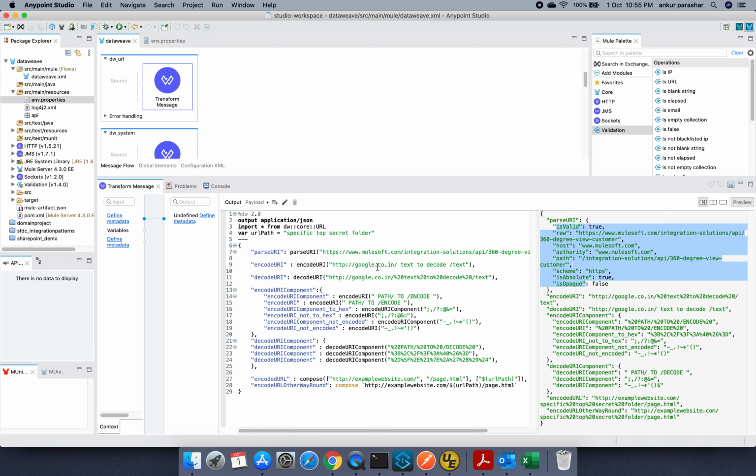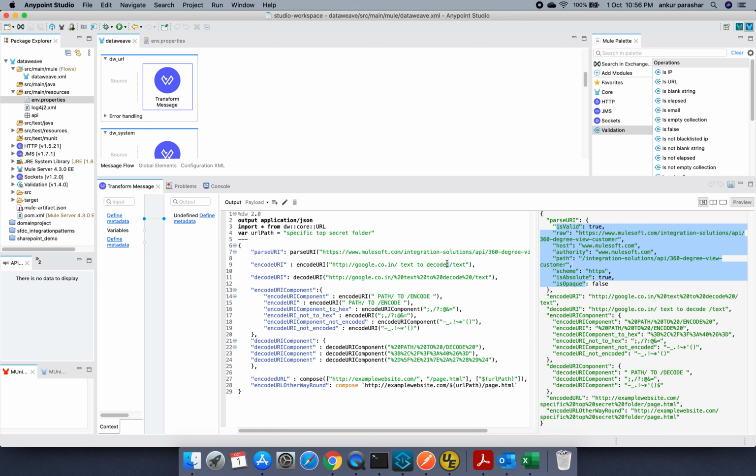Now coming to the second part, that is encodeURI. Sometimes we need to pass these particular values during the URI itself. Just note there is a space in between, then again some space, and some space again.